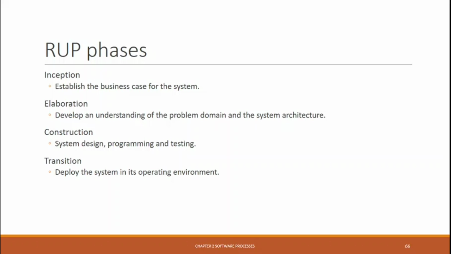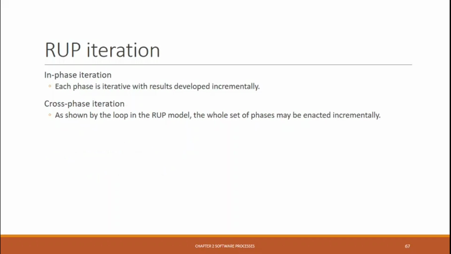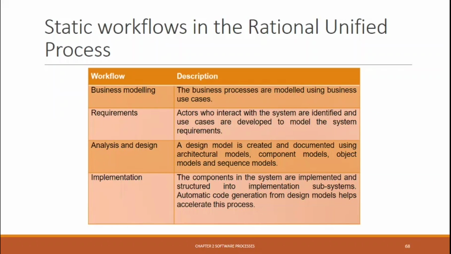The static view of RUP focuses on the activities that take place during the development process, and we call it a workflow in the RUP description. And there are six core processes in the static workflow of the unified process model, and this question is also important in the examination. We have a static workflow in the rational unified process. So what are the static